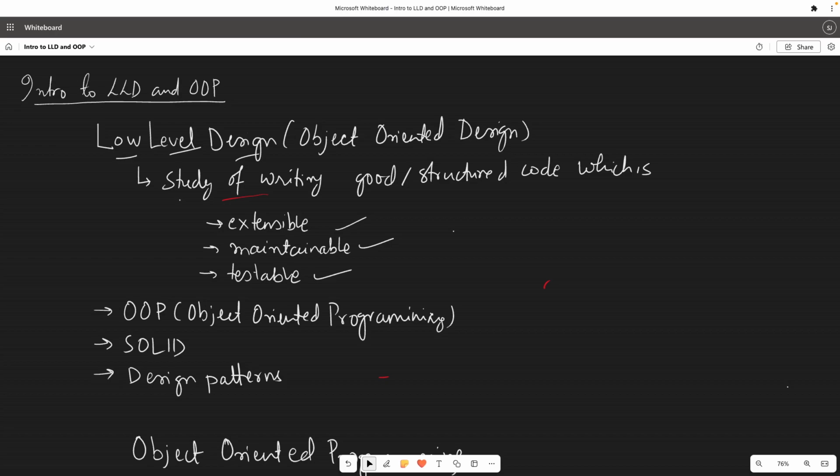What do we mean by these three terms? Extensible means code in which it is easy to add new features. As we grow the software, there are several revisions and versions to it, right? So it is very essential to write code to which it is very easy to add new features. Maintainable means code which is easy to be read and understood so that it is robust and adaptable